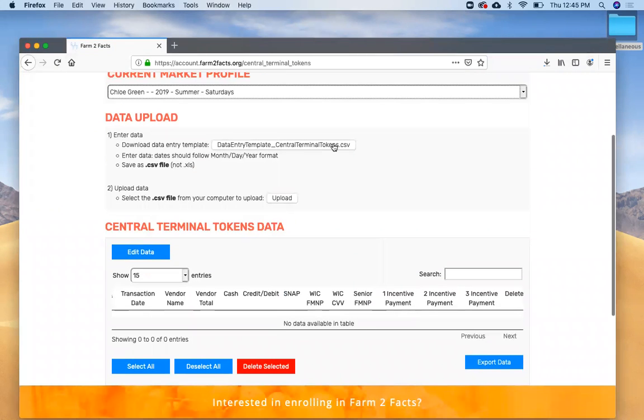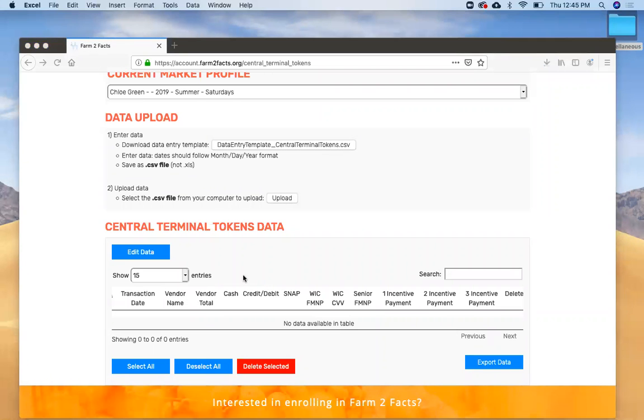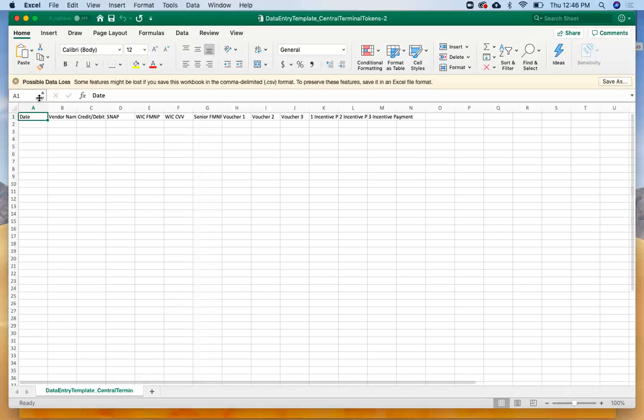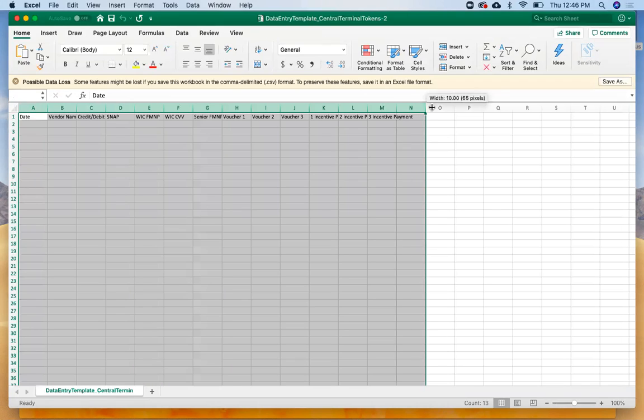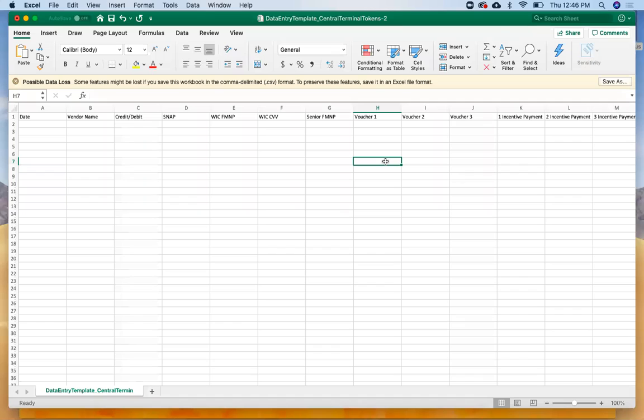Then I'm going to select here to begin entering data on my CSV or data entry template. You want to make sure that this comes up, and we recommend downloading it using Excel. Now you can see that the CSV popped up, and because it's a CSV, the columns are short in width. However, for your own ease, you can expand the width like this. This just might help you enter, even though after you save it, it's going to revert back to the original